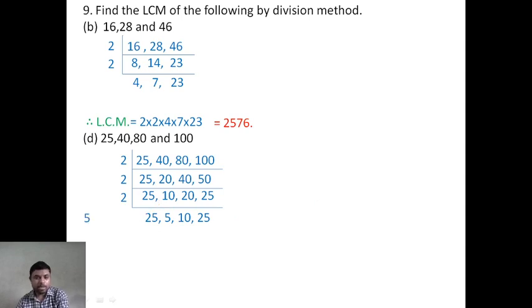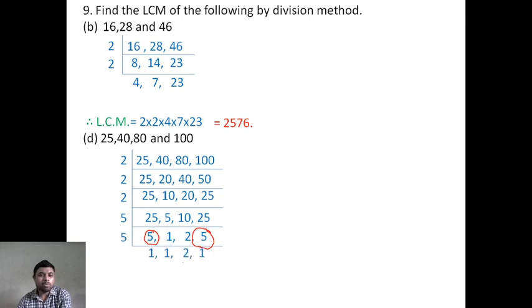So by 5 we can take. Look, if you divide by 5, it will be 5 here, 5 ones are 5, here 2, and here 5. Okay, we are dividing. Now look, by 5 you can divide 2 numbers among the 4 numbers, that means we can take that number. So by 5 it will be 1, 1, 1. Now other than 1, can you choose any other common factor? No. So we will stop here. So when will we stop? When we do not find any common factor other than 1. Is it clear?